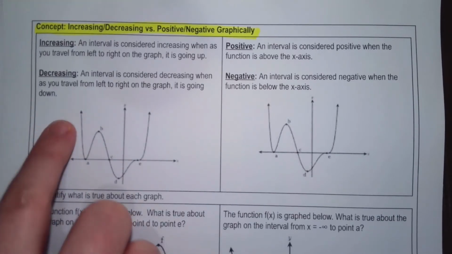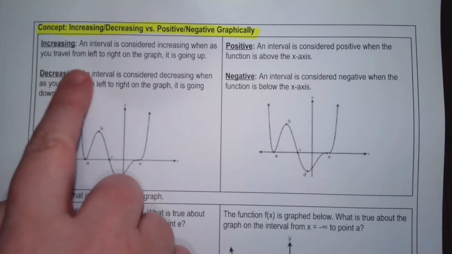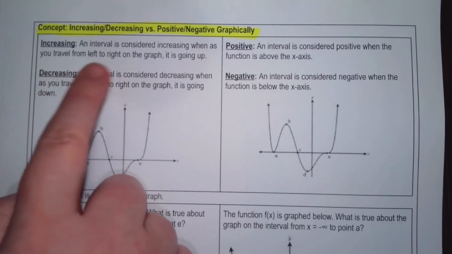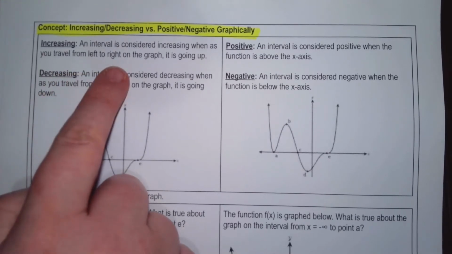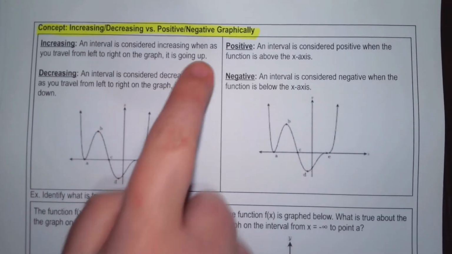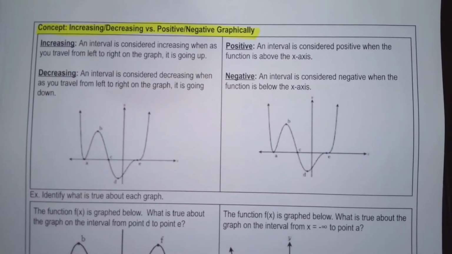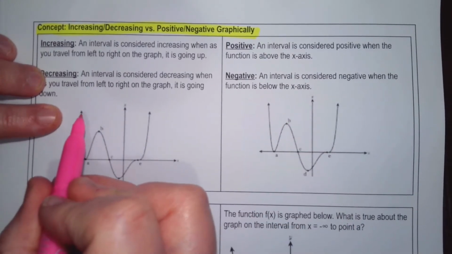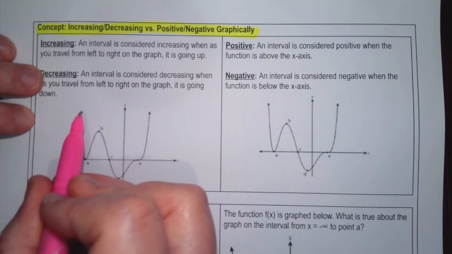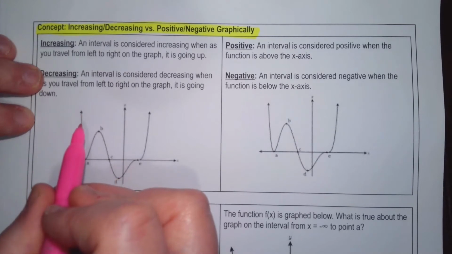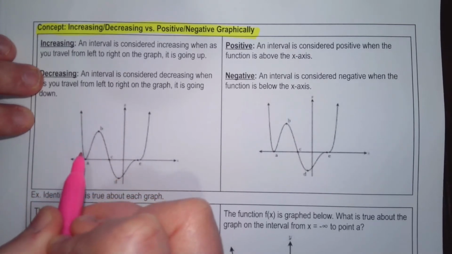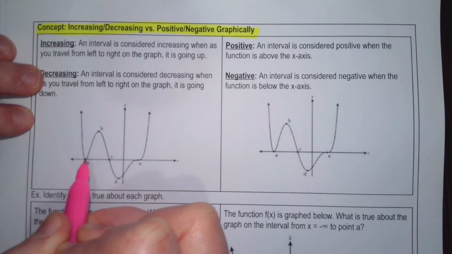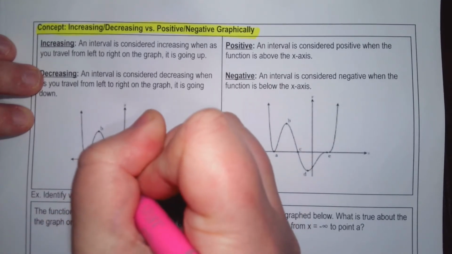So an interval is considered increasing when, as you travel from left to right on the graph, it is going up. So I'm going to start all the way here on the left, and I'm going to trace over all our increasing intervals. And those are the ones where we're going up. So if I start here on the left and I start tracing, I'm going down. So that is not, but right here at A, from A to B,